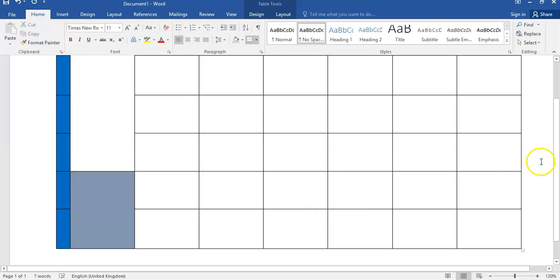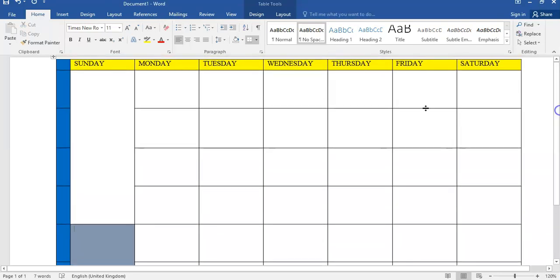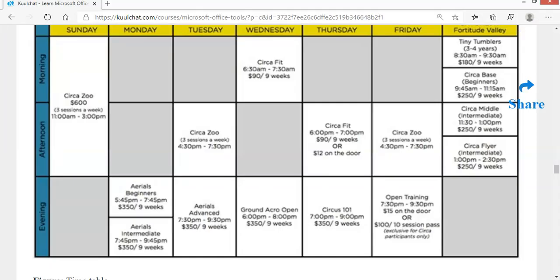So you do the same for the other ones. I'll only do the text direction. In the tutorials, I've given you the cells which you need to merge, so you can as well guess and do the merge. I'm going to do this part where we have the morning, afternoon, and